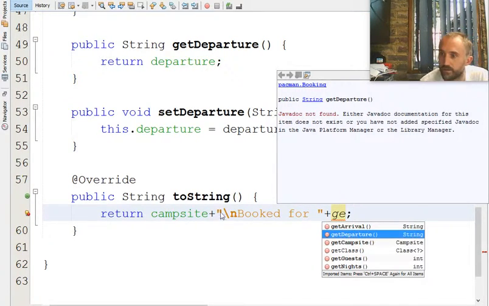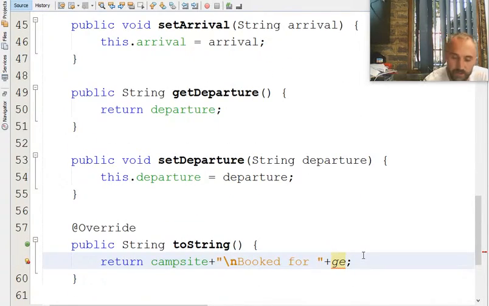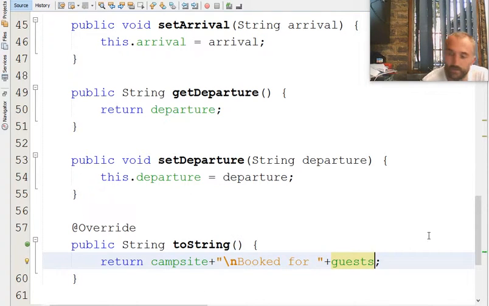I just can't spell. That's what it turns out. Either I couldn't spell it there, or I can't spell here. I don't actually know. Anyway, whatever. Alright. So guests from arrival,